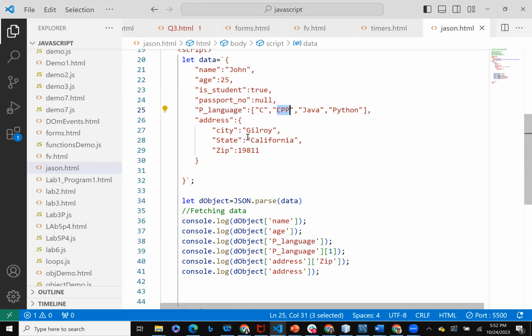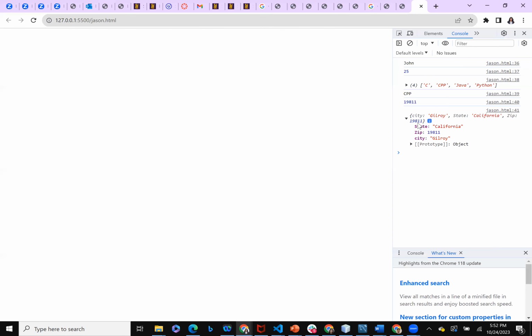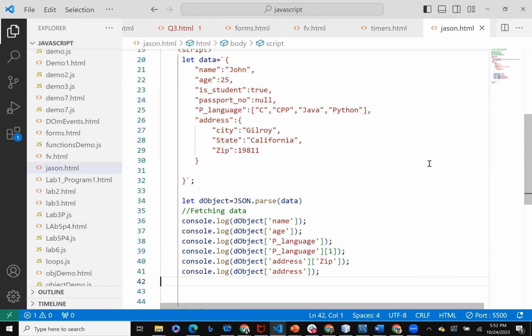Then it is printing the zip, and when you just print an object, this object that is address over here, it is printing it as an object like state, city, and zip. Okay, so that's how it works. If you want to parse it into an object, like convert it into a JavaScript object, you use JSON.parse. Okay, similarly,